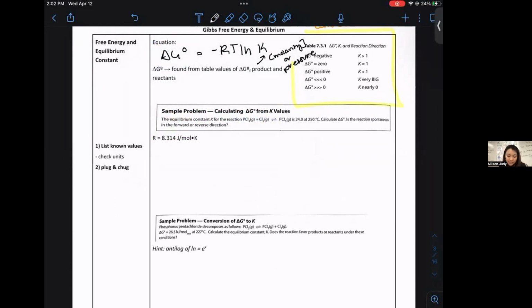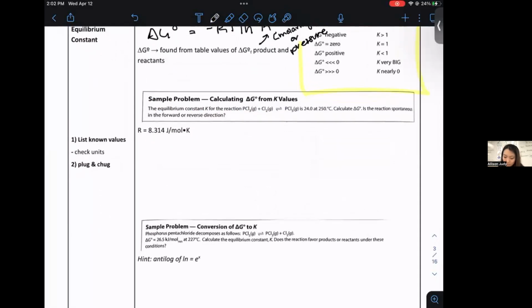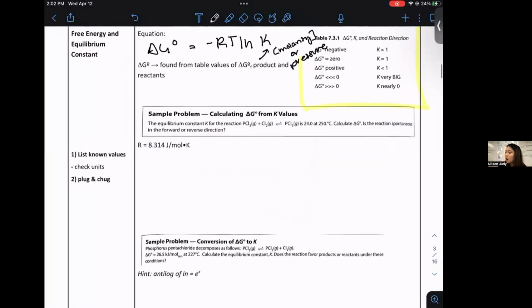In this problem, you have a given temperature of 250 degrees Celsius. Automatically, you're going to want to convert the 250 degrees Celsius to Kelvin. So it becomes 523.15 Kelvin. And then you simply plug and chug. This is really easy. You plug it into your G equation: negative R, 8.314 joules per mole Kelvin,